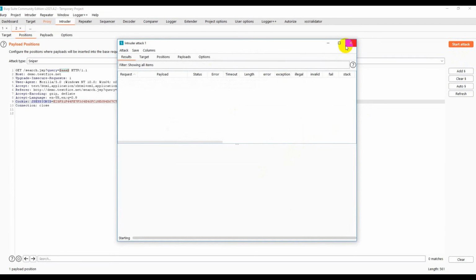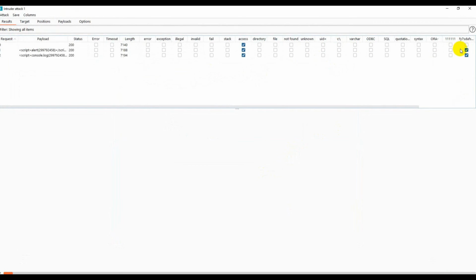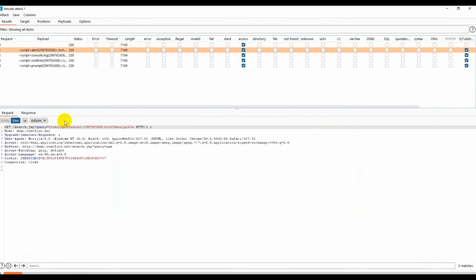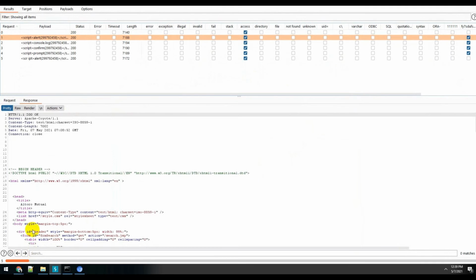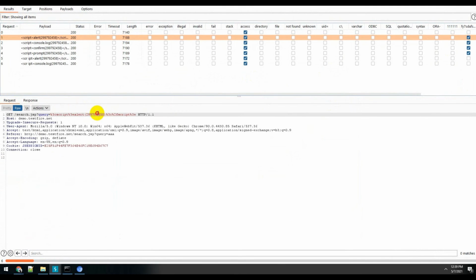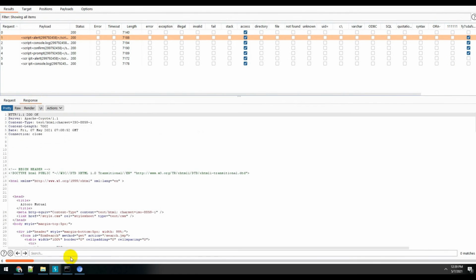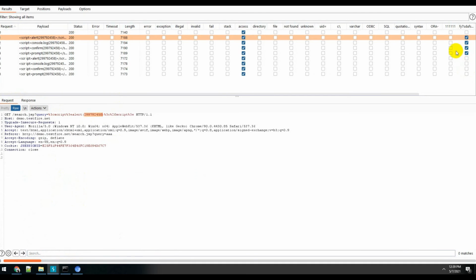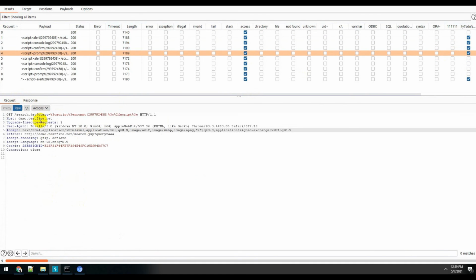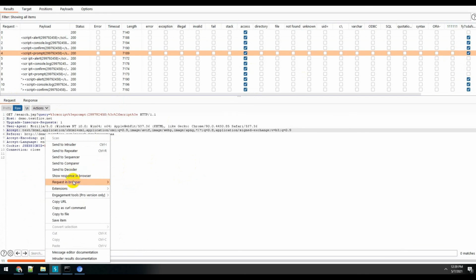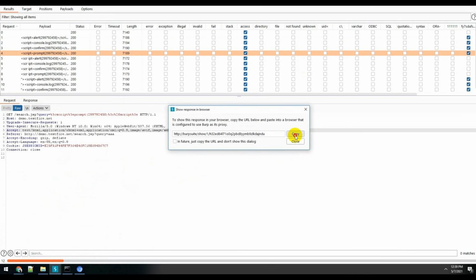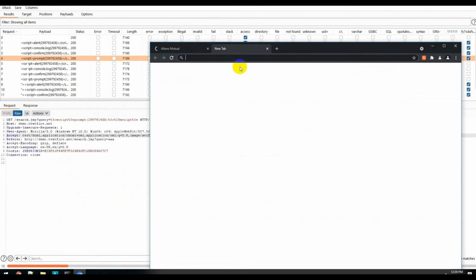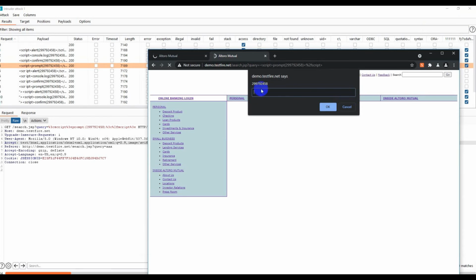Cool, so it will run right now, and you would see that this is one of the fields where the response has matched. In the response, if you want to verify, you can double click and verify. It must have got the response in here, right? So let's quickly verify this with the response. Either I can copy the request, or I can show response in browser. I'll go ahead and show response in browser, open the tab and press enter. Okay, you could see that this is where we got confirmation of the XSS, because this is where we see the XSS rendering properly.